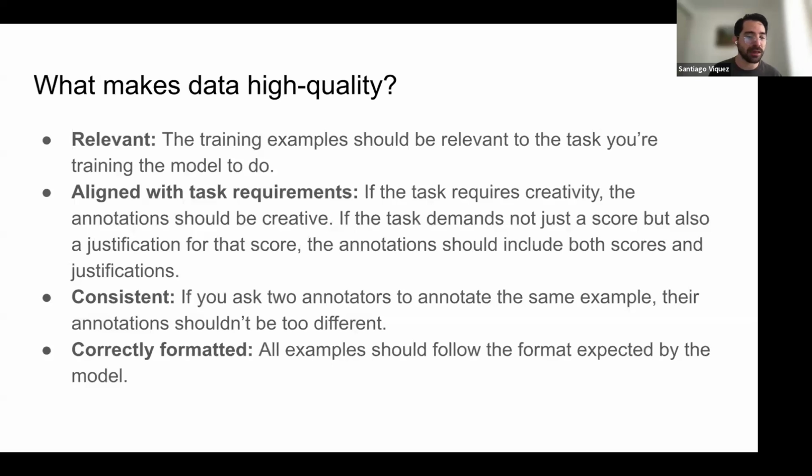Or it can also mean that if you expect your model to output JSONs, like a model that you use for, I don't know, coding and stuff like that, and you want your output to be a JSON file, then the outputs of your training data should also be formatted in JSON, right? And have the correct syntax.